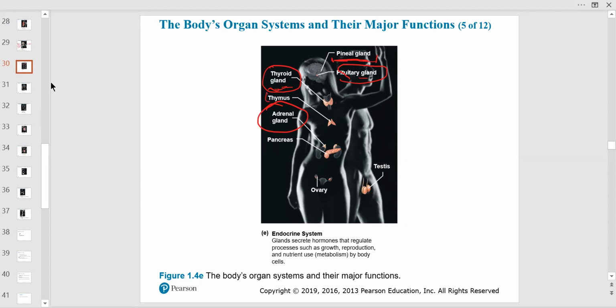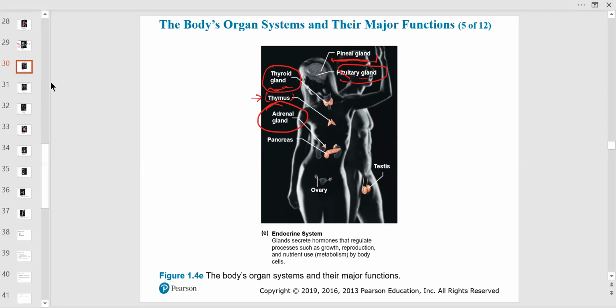Thymus is kind of boring in an adult. This is more active in a child, but it has a lot of importance to it, especially with the immune system. Did you ever hear of a T cell? I've heard of them, especially if you've been reading the news about the vaccine. So the T actually comes from thymus, because thymus is where T cells mature, but mostly in kids, not so much in adults.